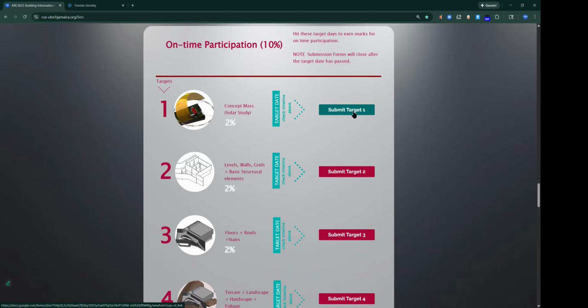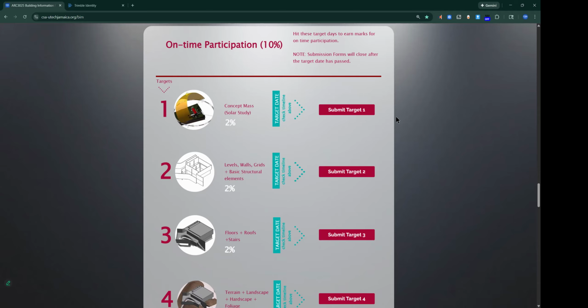You can literally do it during this class, because when you finish the class, I'm going to upload the recording and you'll have it at the same time, and you can finish it today during class time. You upload that in Target One, securing your percentage towards participation, or on-time participation as I call it.